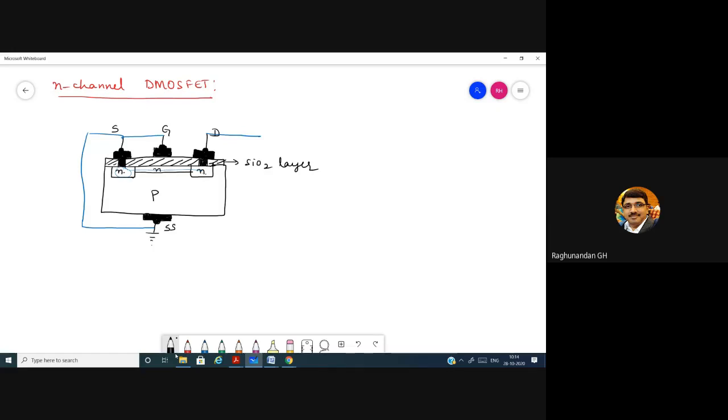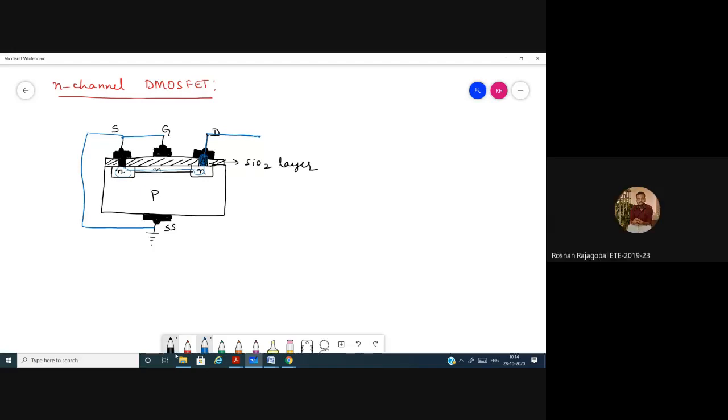This is ohmic contact, metallic contact. So I have electrons at the source, this N well. I want those electrons to flow here and to come here. After that, I want them to come out through this drain terminal. So in order to have this flow of charges, what kind of voltage should I apply? Because there should be some kind of attraction here, then only the electrons will flow, right? Otherwise, they are not going to flow.